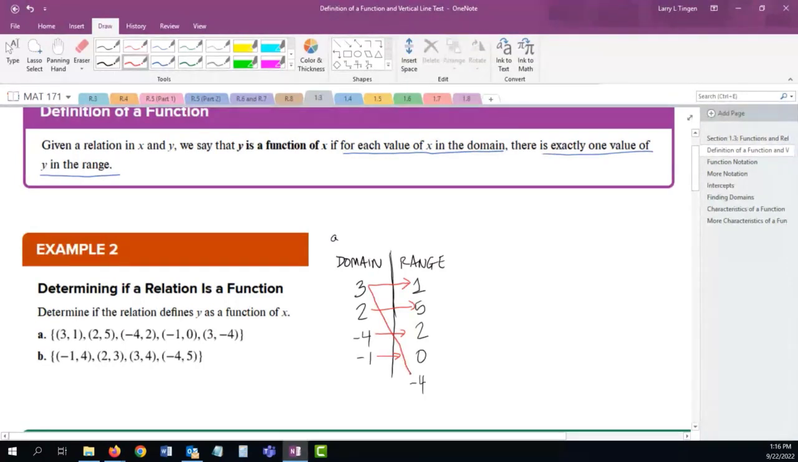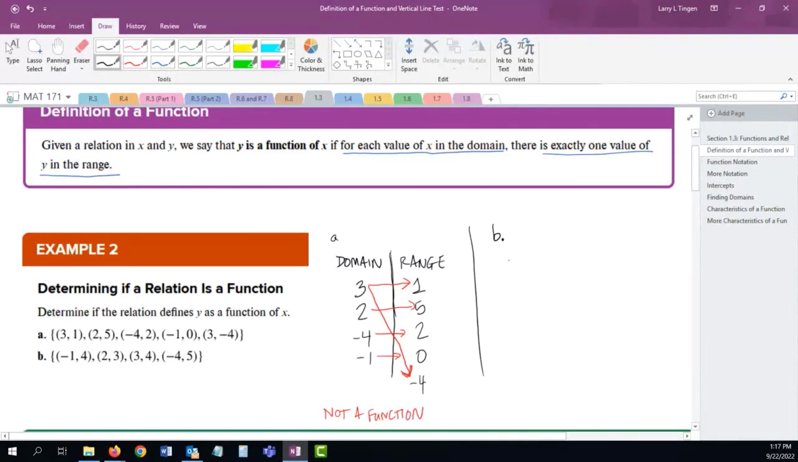And this is where it breaks the rules, right? The rule for a function is for each value of x, there's exactly one y value. Okay, this is not a function. It's still a relation. Okay, it's just not one that's really going to give us anything, or it's not one that meets the definition